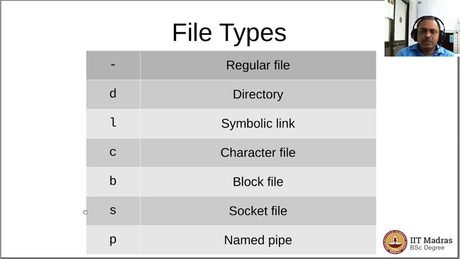If the first character happens to be P, it means it's a named pipe. That means there is a process behind which is acting to communicate, and it would be a one-way communication, and you could see that you can't send the data, but you could read the data that is output by that particular process. So whenever you see any directory listing, if the first character happens to be a hyphen or a D, that means it is familiar territory as what we are normally used to. If the first character happens to be C or B or S or P, then you should be careful with such files, because you should know what you are doing when you try to modify those files.